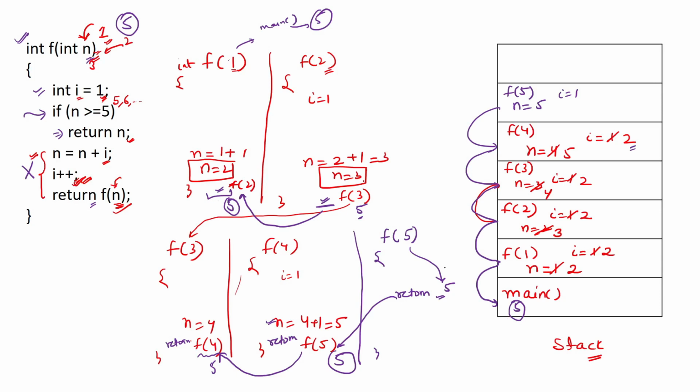So I hope you have understood the solution. Before solving any recursive code, you should understand or analyze that code first, because recursion is itself a tedious thing to understand. So the best thing is first take a big picture of that recursive code and then try to analyze and solve that question. What I mean to say is that in this code we analyze that this condition will be true only when n is greater than or equal to 5. Otherwise we will be executing this code. So this gives a good picture or good overview of how we can solve the recursion.